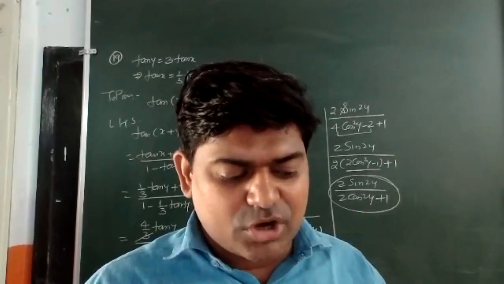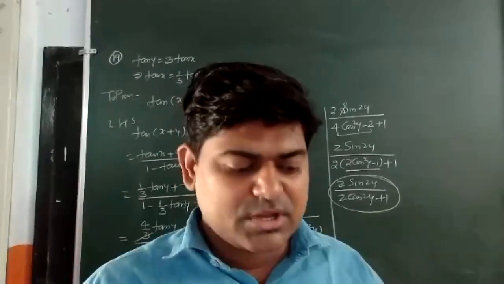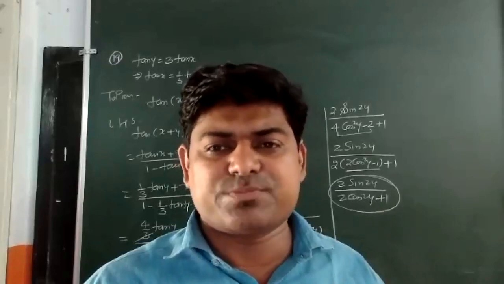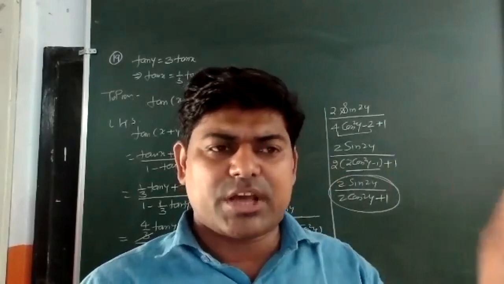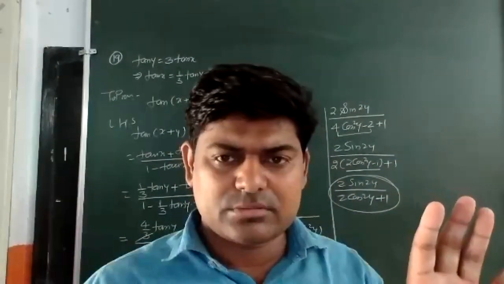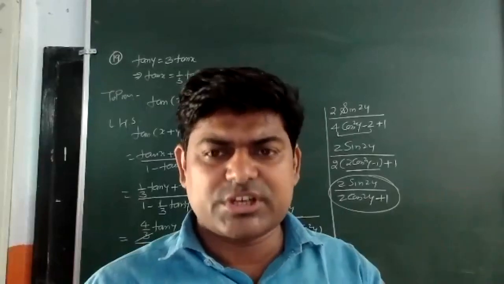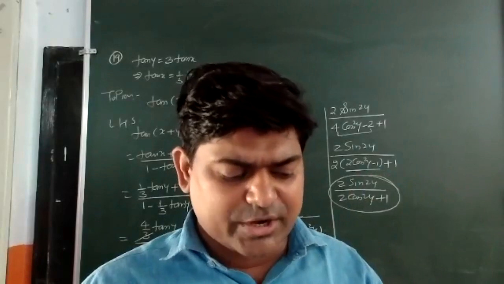In 24, tan x and cos y are given, and it's written that both are in the same quadrant. Now see, cos is negative and tan is positive. I think there is only one quadrant, the third quadrant, where tan is positive and cos is negative. Am I correct? Say yes or no. It said that x and y are in the same quadrant, so they will be in the third quadrant.